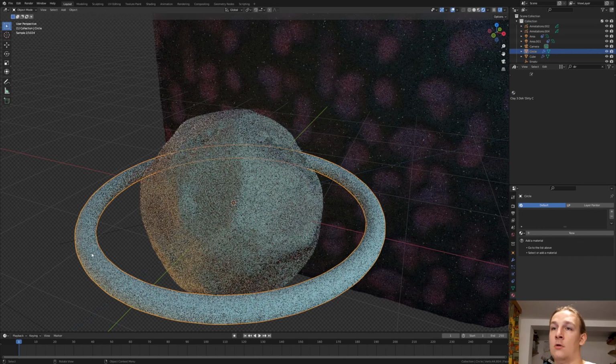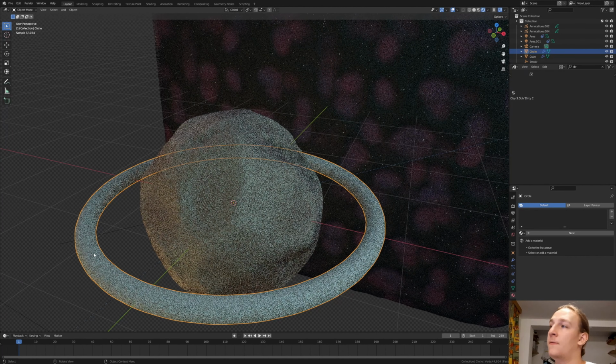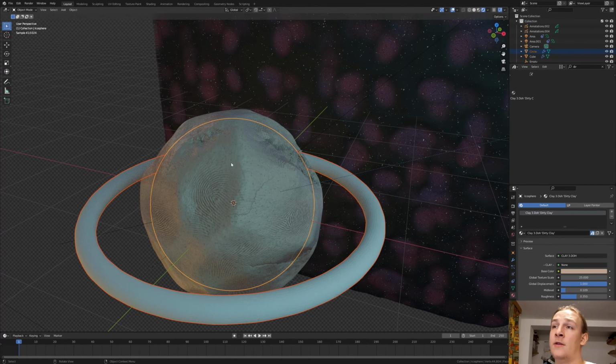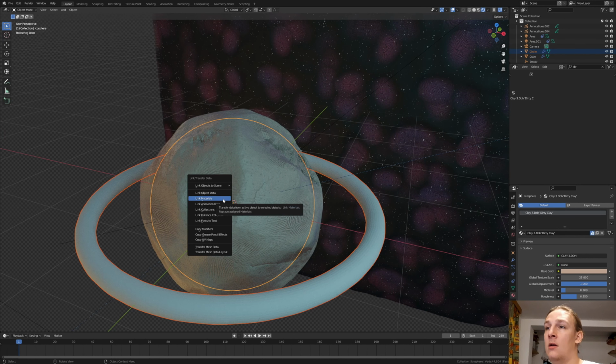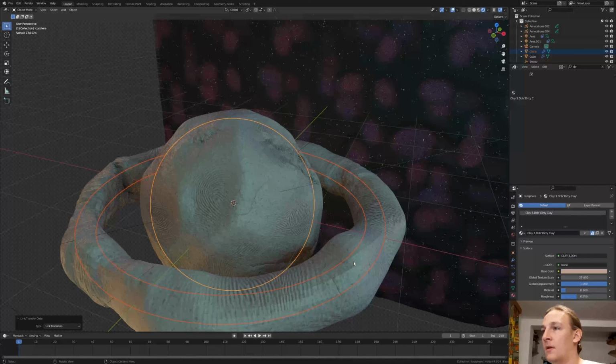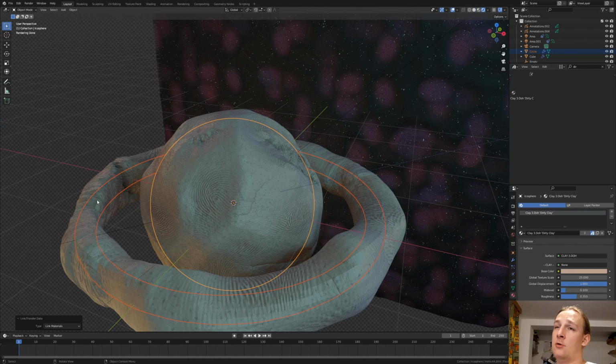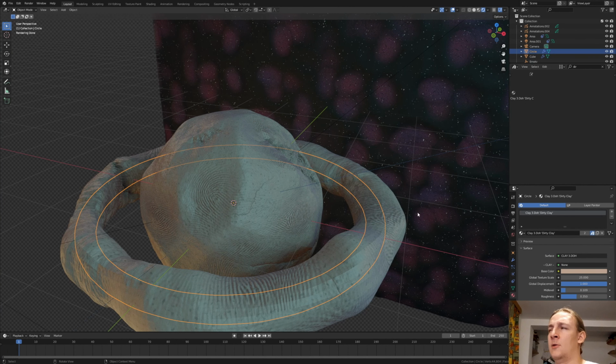Go back into object mode, shade smooth, and shift select the planet. And now press Ctrl L, link materials. As you can see, this doesn't look too great, so let's select the circle and click on this icon here to duplicate the material. Now under global displacement, let's set that to